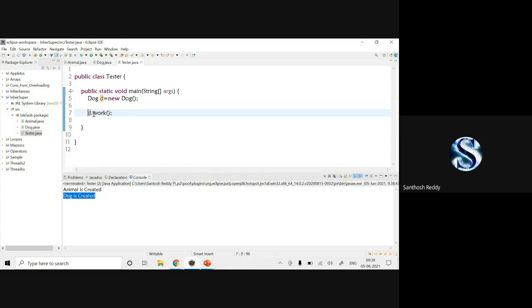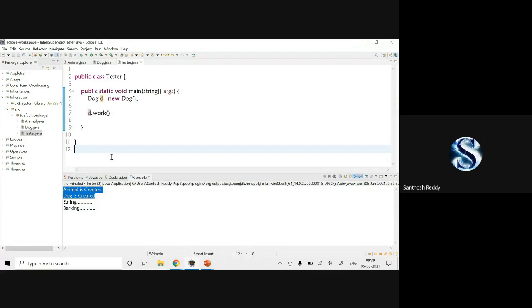Now you say me, what will be your expected output? It is very similar. What I have explained in the previous, when you're extracting super with the method, the same way. First, it will extract animal and then it is dog class bark. And this is same as it is.